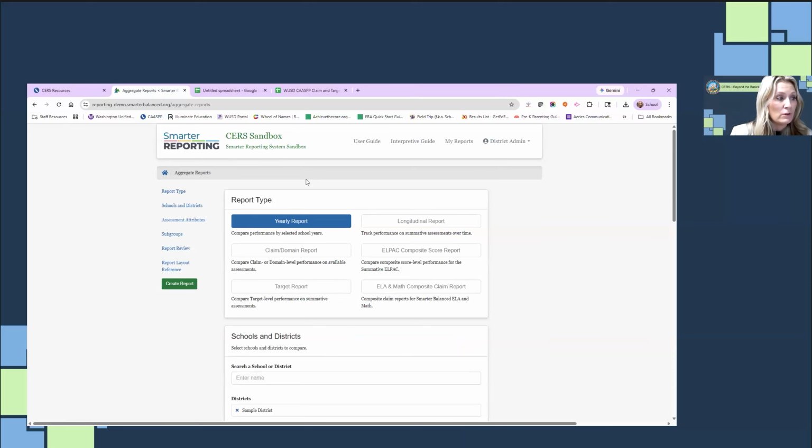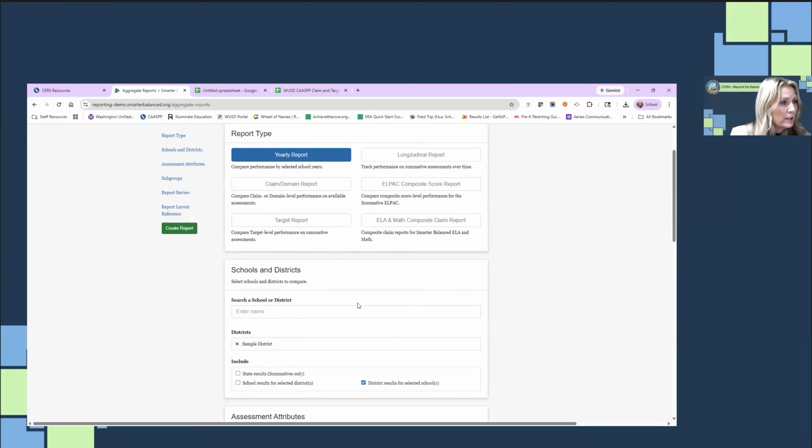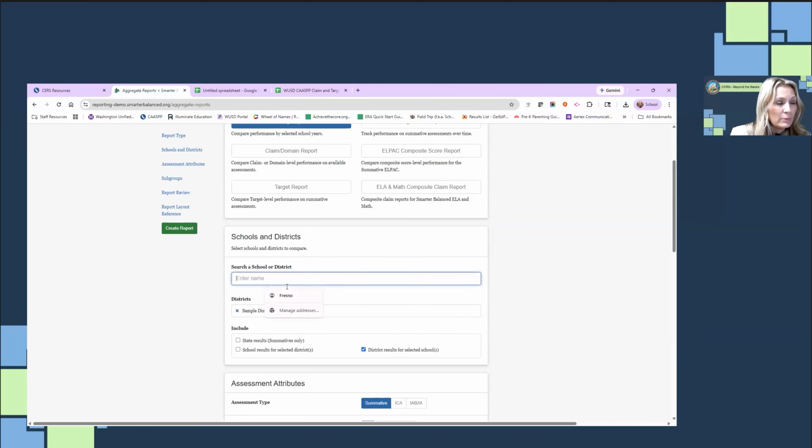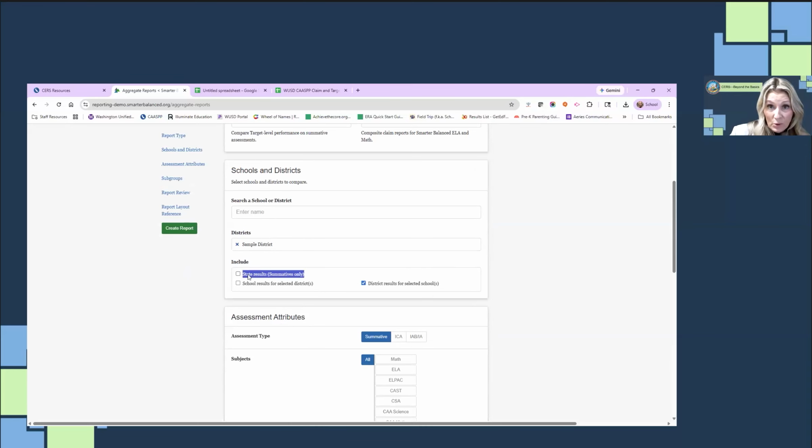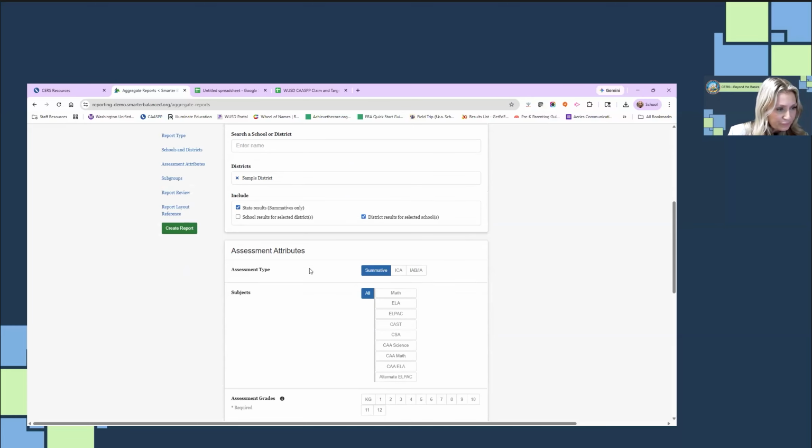I'm going to go ahead and share with you the yearly report first. This is a great report of how you compare student performance over selected school years. So in your live environment, you'll be able to type in the name of your school or your district, but because I'm in the sandbox, it defaults here to our sample district. You do, in your live and here in the sandbox, have an option to look at state results for your summatives. So I'm going to go ahead and check that so you can look at some analysis in comparison. So it will automatically default here on that summative,